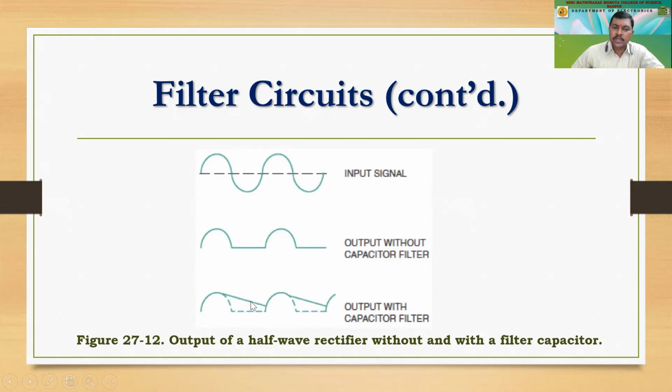So this is the main job of the capacitor, to charge and keep the output voltage at a constant level, and therefore we call it a filter circuit, right? It filters out the AC harmonics and is supposed to give you pure DC. This is the main job of the capacitor. But now we have seen this for a half wave rectifier. If you apply this to a half wave rectifier, then it is supposed to give you this type of signal. But what happens if you put it to the output of a full wave rectifier?